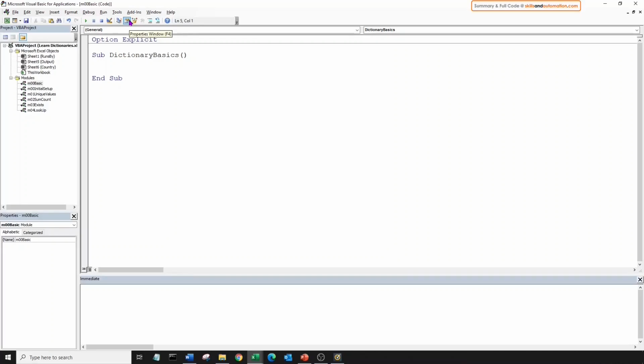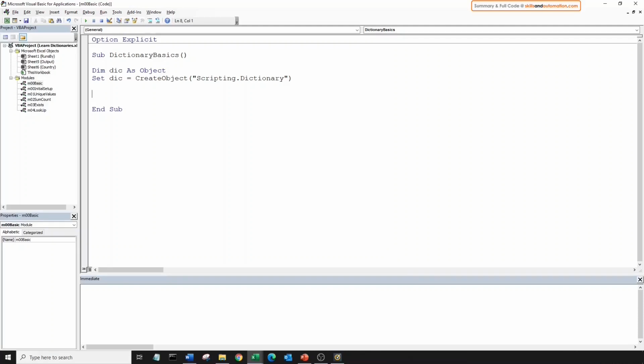Now, a dictionary is a VBA object that is available through the Microsoft Scripting Runtime Library. This means we can create the dictionary object in two ways, early binding and late binding. In this video, we will only cover late binding technique, which is the one I use anyways. There are two steps to creating a dictionary using late binding. First, declare a variable as an object. Let's assign the dictionary to this variable. We will need to assign the object as we created. So use the word set to assign an object. We will use the create object function and add in a reference to the scripting dictionary.